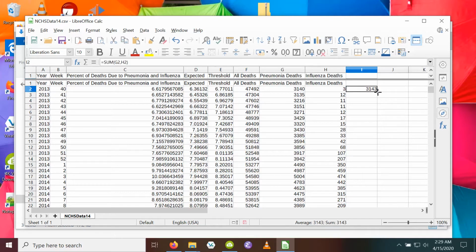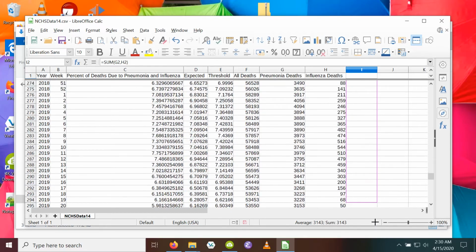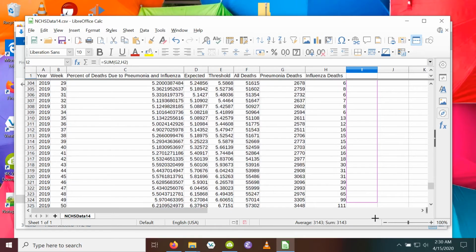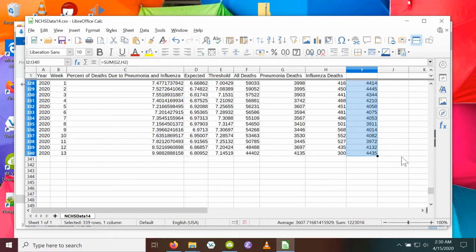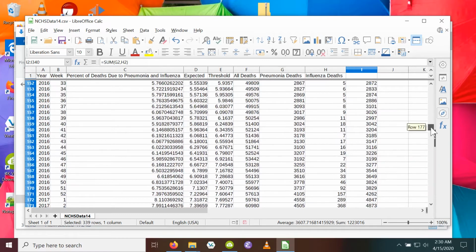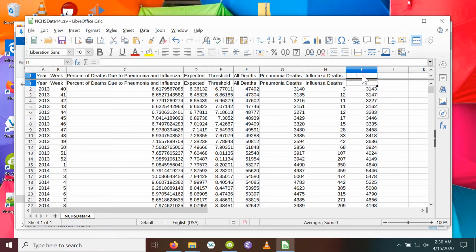And we grab this little handle here, and we go down fast to the end. Okay, there we are. And now it does it for every week. It's made the sum, and we're going to call this P and I deaths, just so we have a header.